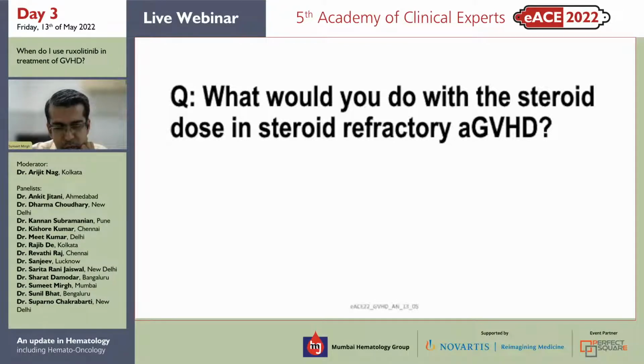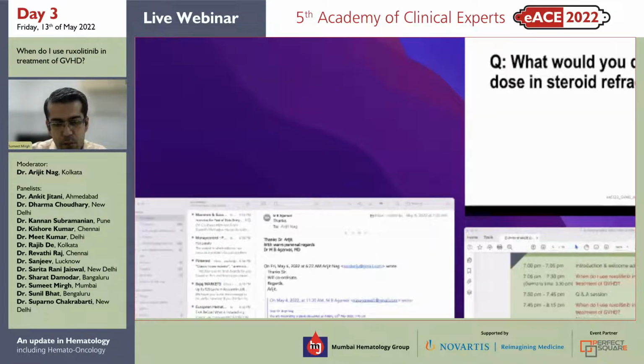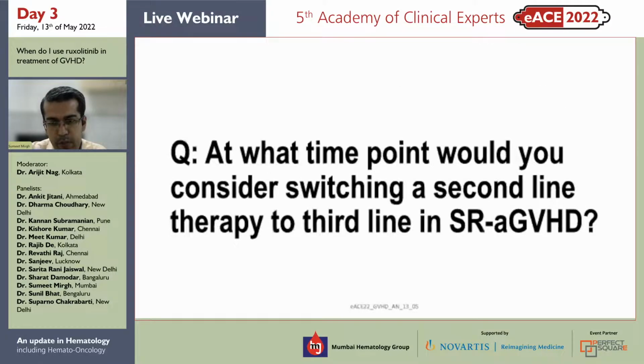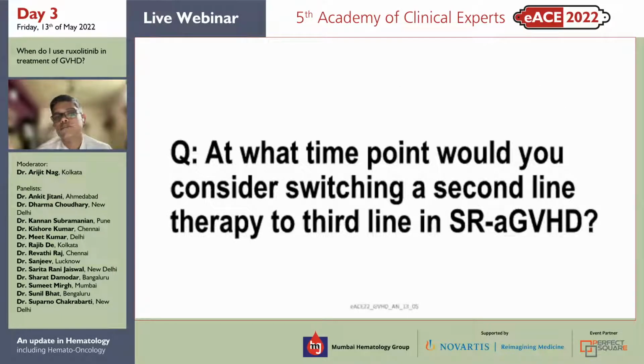Yes, we keep the steroids ongoing, down to 1, and then we cut it down to 0.5. At 0.5 and beyond, we are a bit slow, but before that, it's okay. We keep on the steroids for some period of time. Okay. And if the patient is on ruxolitinib, at what point would you say, no, probably the drug isn't working, I need to add a third agent here?